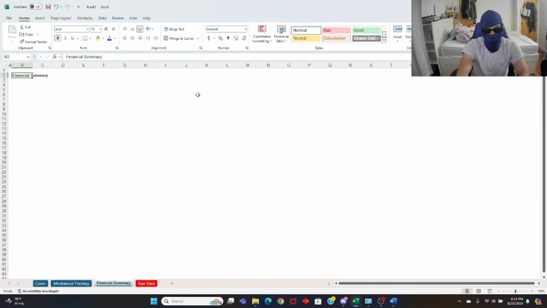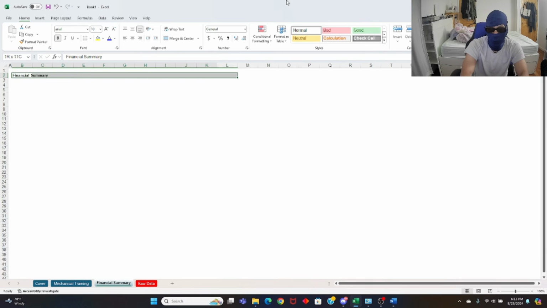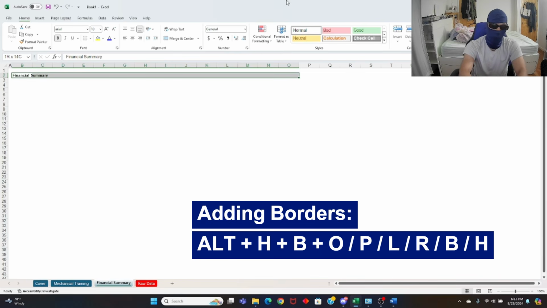We're going to bold it, Control B. These you probably know from Microsoft Word in elementary school. Control B, Control I to italicize. I won't go too much into detail. And now what we're going to do is highlight all the way across. So hold Shift, click your arrow keys to the right, and then we're going to add a bottom border to make it look good. So where is my border?